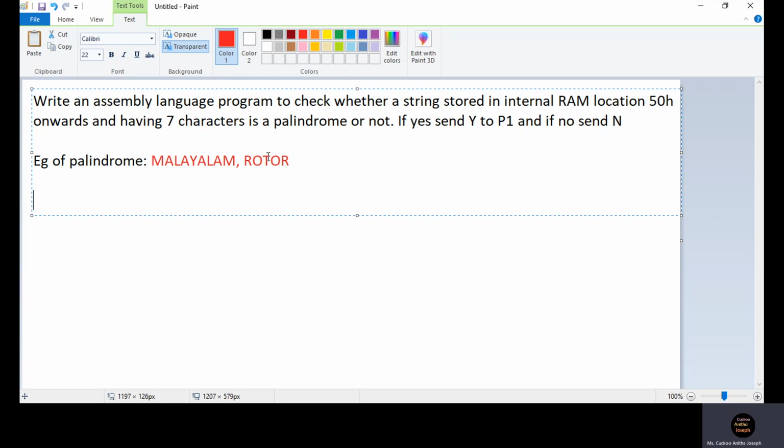So now let's start writing the program. The first step is to store the number of comparisons in a register. We have to keep a count register which stores the number of comparisons that has to be performed. Let's choose R2 to store the number of comparisons.